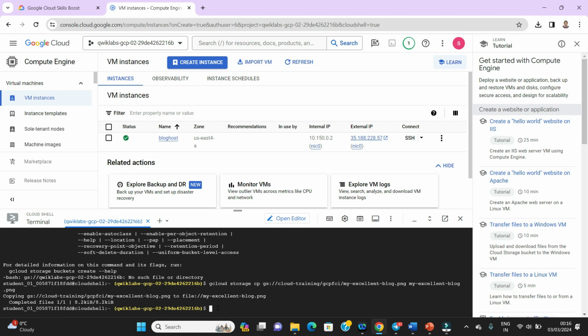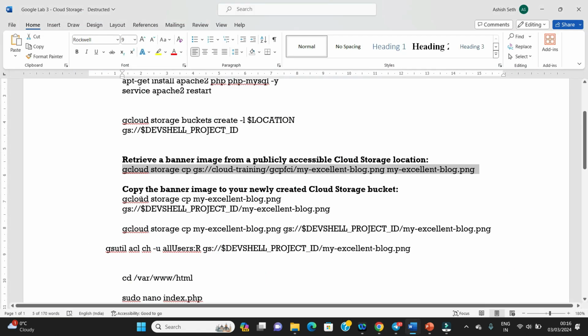Now this image which we have fetched and brought to our directory, we are going to keep this in our bucket. So we'll go here, and then we will run this command, and this command, you can see they are very self-explanatory, and I believe that you are already aware of these commands.